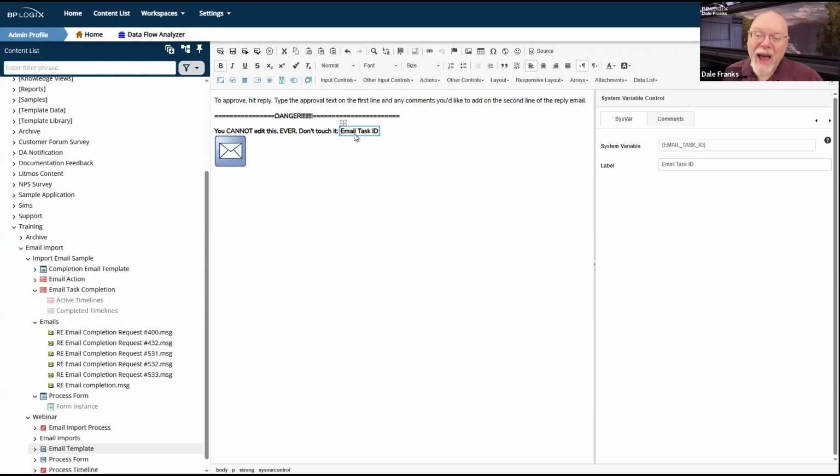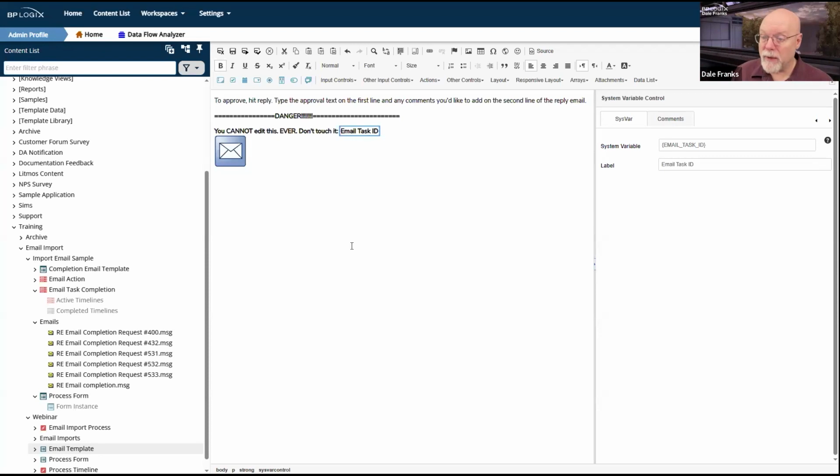This doesn't matter if we have not checked on the user activity that we're trying to complete. We have not checked that allow completion via email. Allow completion via email is required piece 1. The email task ID, which has to be in the text of the email template itself, must be. That is piece 2. Those are the 2 pieces that enable the email actions custom task that runs on the import process. Those are the 2 pieces that allow it to complete our activity the way that we expect the activity to